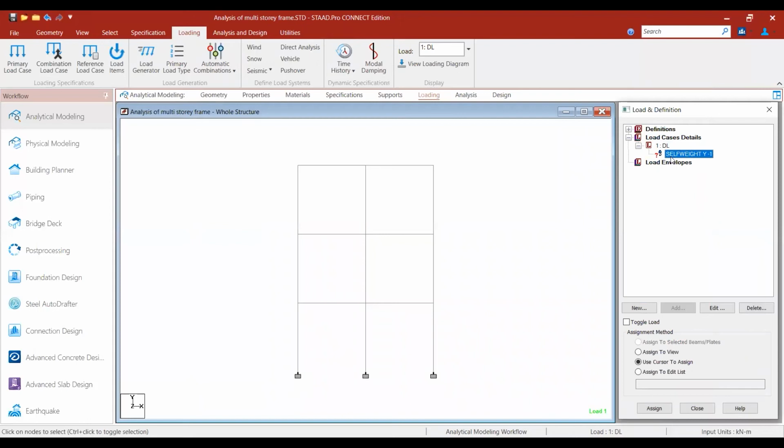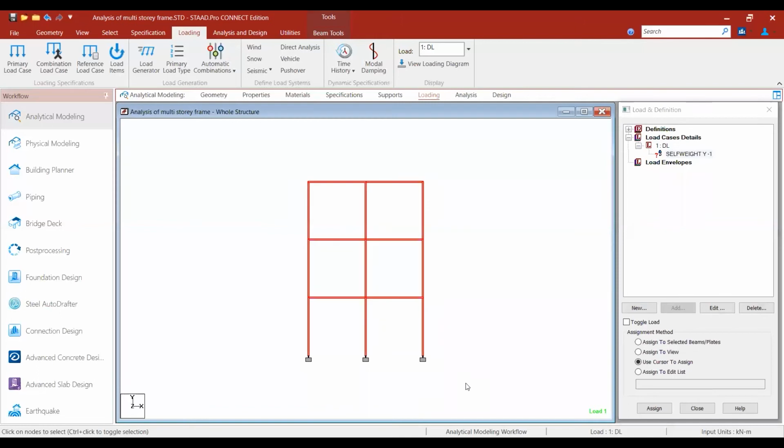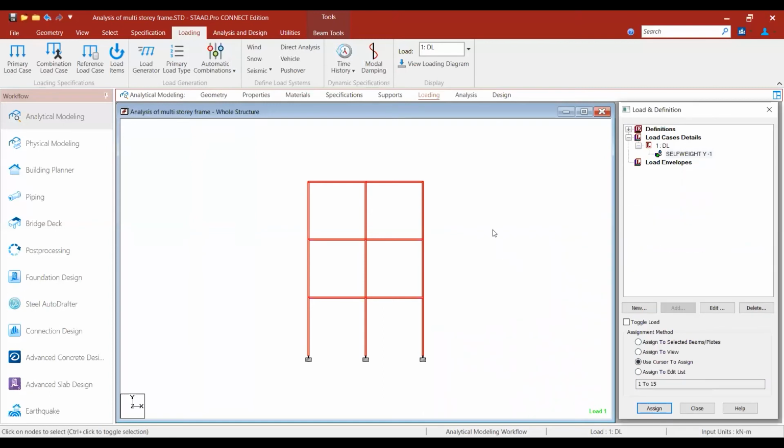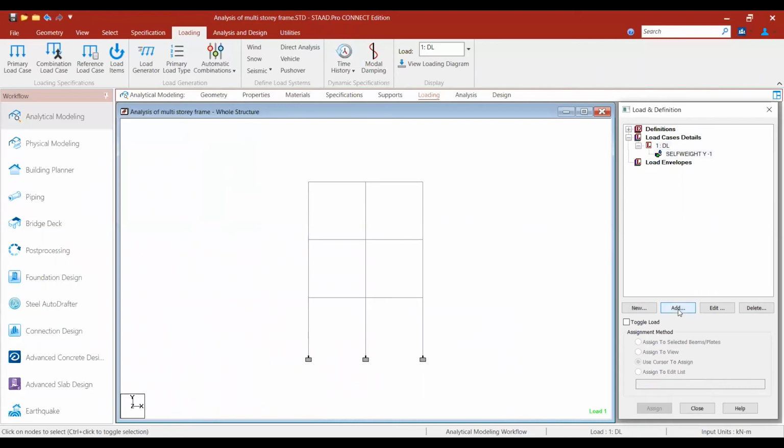Now select the self weight and apply to the whole structure. The assignment method is assign to selected beams, so assign it. Self weight is taken. Next, again you choose the dead load.